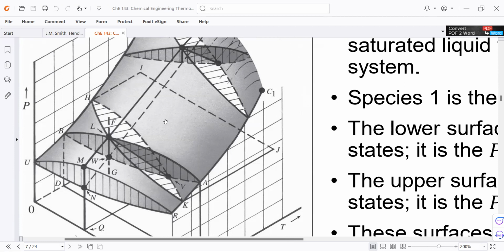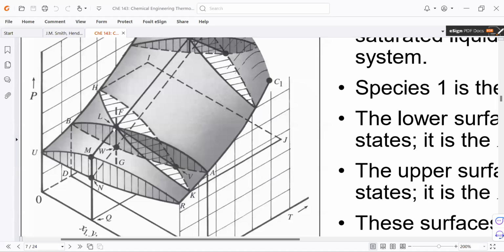Next, this bubble point is in equilibrium with the vapor at point V. So we trace the tie line to point V, and it's at the same pressure and temperature as point L. It's difficult to imagine right now because this is in 3D, but later on, when we discuss this in 2D, it will be clearer. And therefore, line LV is a tie line.